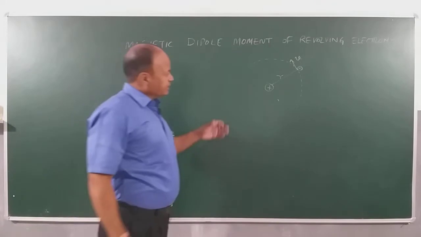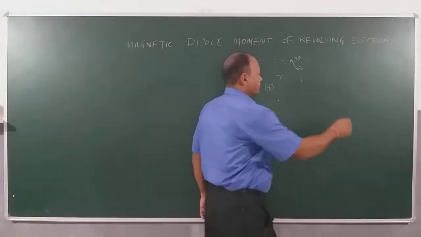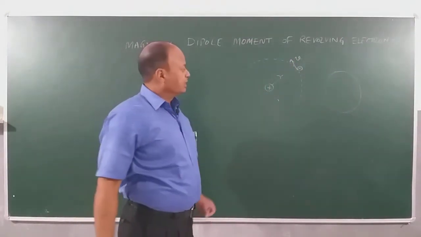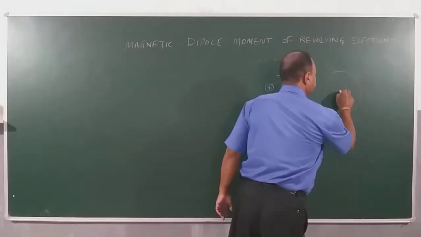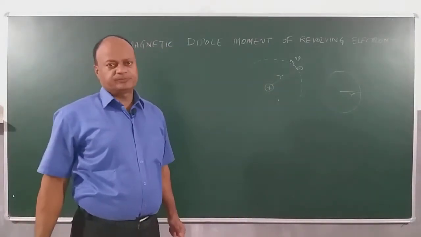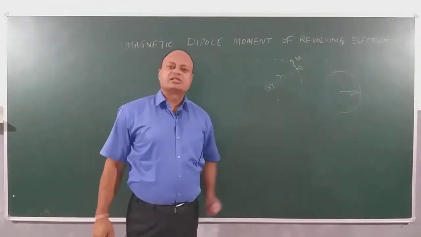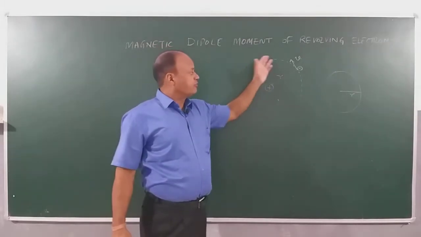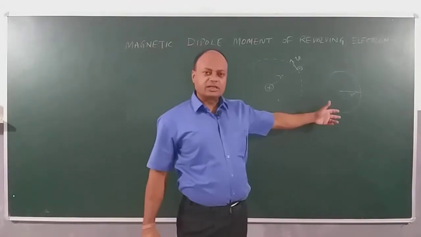So you see, as this electron is revolving around the nucleus, we can consider this electron like a single loop of current. If the radius of the circular path is r, we can consider a loop having radius r, because we very well know that electric current is constituted in a circuit by the flow of electrons, right? So an electron revolving around the nucleus can be considered as a single loop.